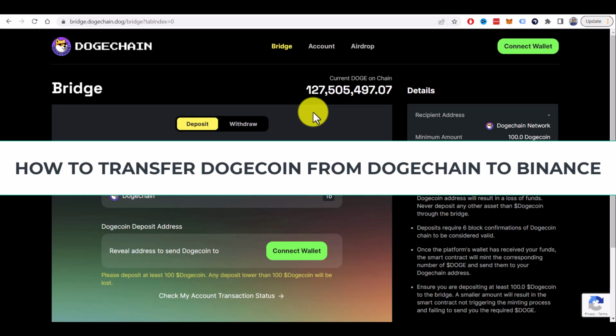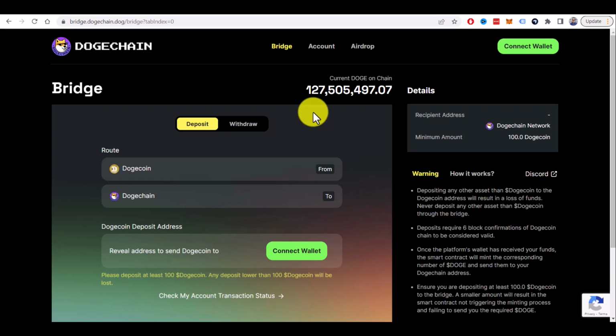How to transfer Dogecoin from Dogechain to Binance. In this quick tutorial, I will show you how to transfer or withdraw your Dogecoin from Dogechain to any exchange